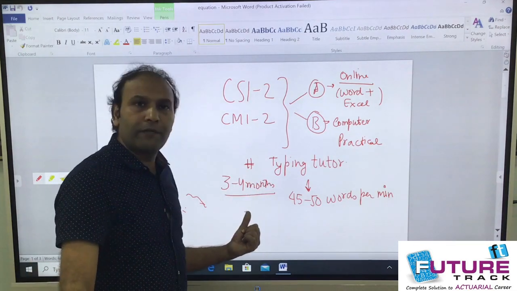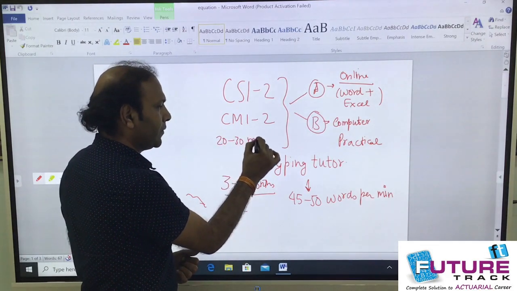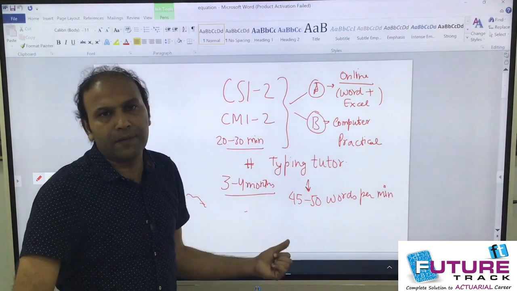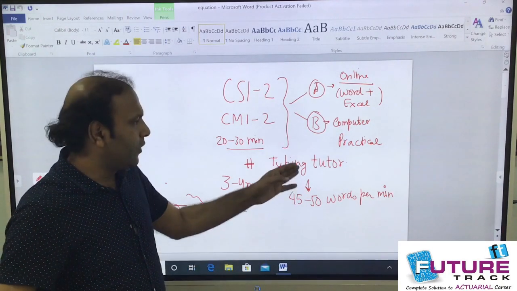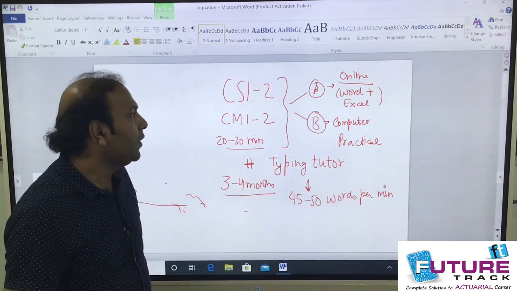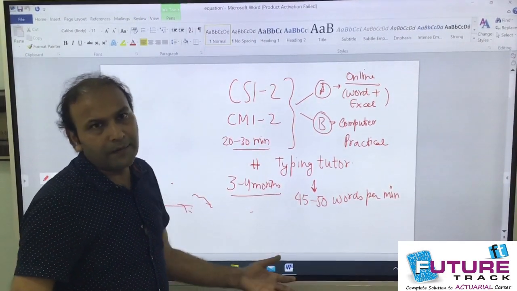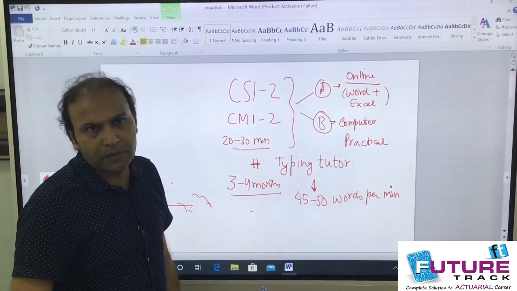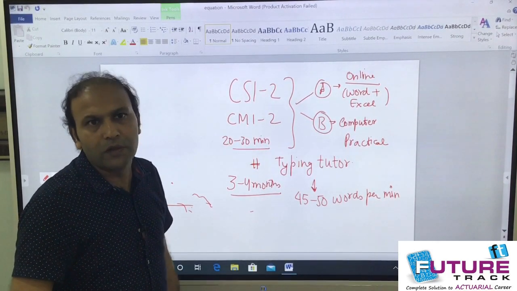So if you start practicing from today, at least 20 to 30 minutes every day, you will get this speed very easily. But you have to start typing practice, and that is from the software, not just writing in Word, because when you are typing with the help of this, there are a lot of techniques and shortcuts which are available. Fine. Now this is what you must know. Now let's come to the next part, how to write the mathematical symbols. In today's lecture, I am just covering the shortcuts and how to write mathematical notations. In the next video, we will see how to solve the questions using those.